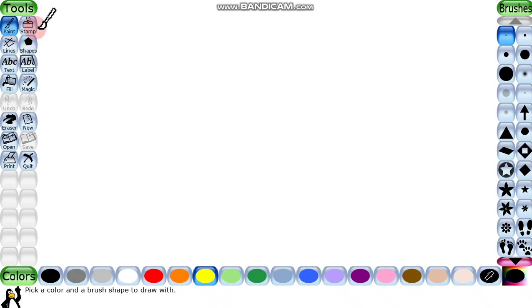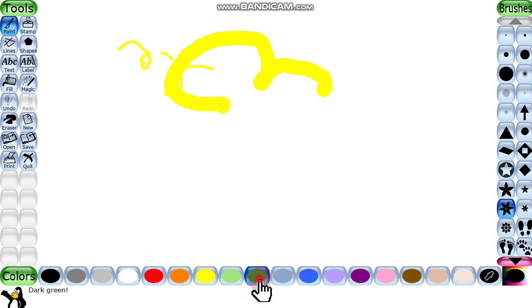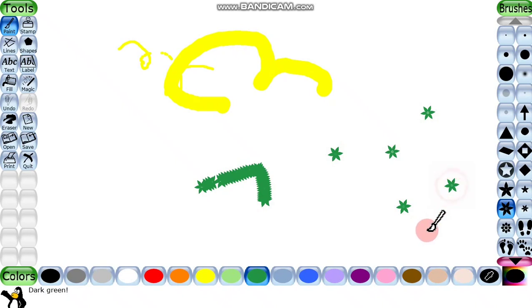When we click the paint tool, from here we can choose any of the desired brush shapes. Like if you choose this, then you need to click and drag. See, if you choose one with more width, choose it and draw it. Like if you want to choose any flower, choose it, change the color and you can draw it. See, can you see it? So this is how we can draw. Or you can go down also.